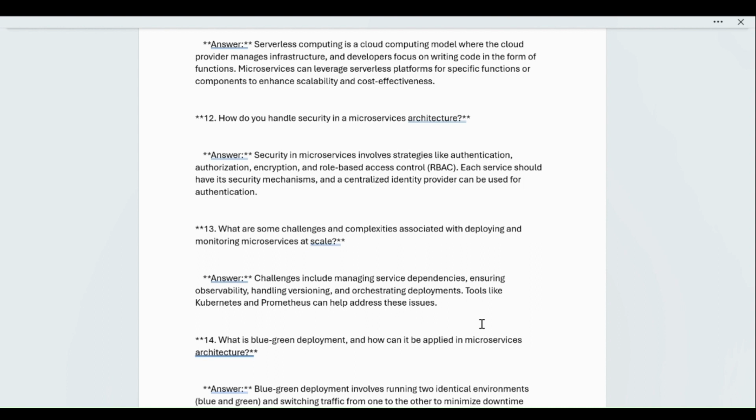The interviewer is also asking whether, if you have worked on it, you faced some problems while creating or deploying an application with microservices for the first time. So just explain that. You can explain that challenges include managing service dependencies, ensuring observability, handling versioning, and orchestrating deployments. Tools like Kubernetes and Prometheus can help address these issues.